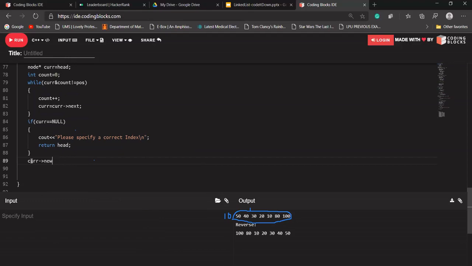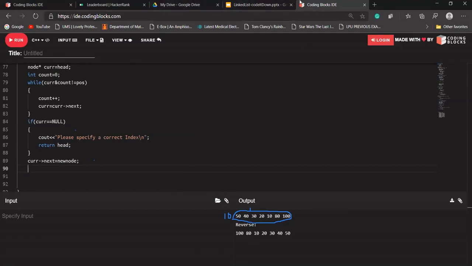Current's next should point to the new node. Let me write it first.